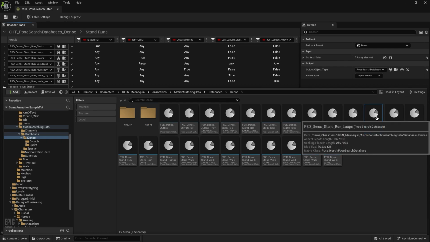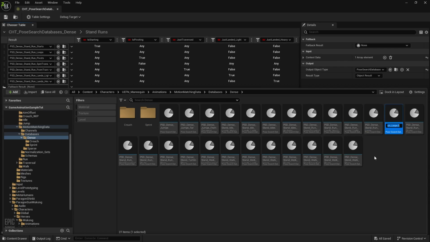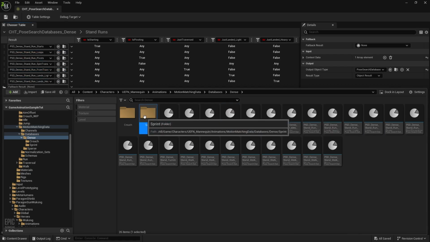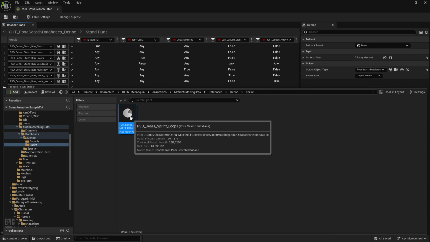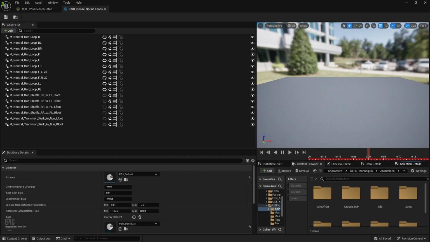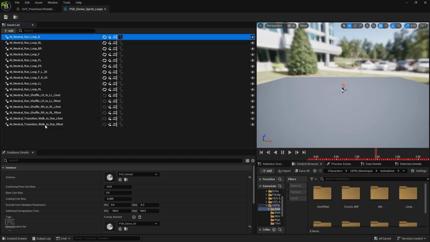So this one, we will duplicate this, hit Ctrl D, and I'll just write sprint. Alright, sprint loops. I'll drag and drop it in here. I'll move it here. So we need animations now for the loops, right? So we have these running animations over here,